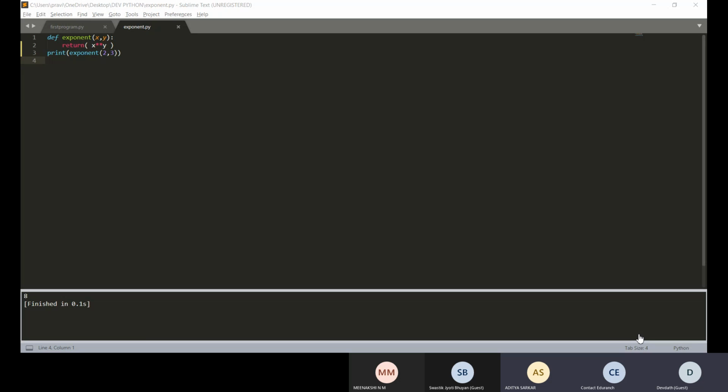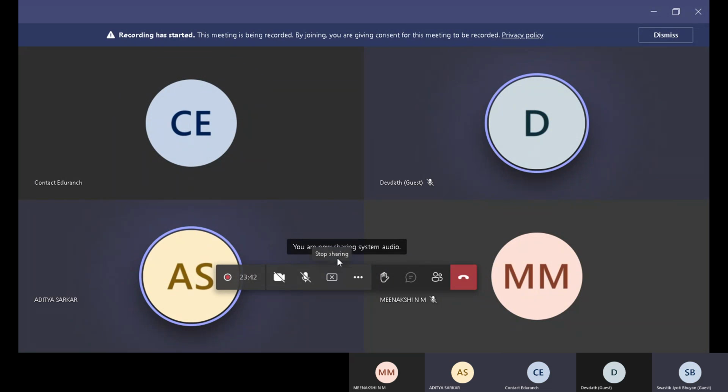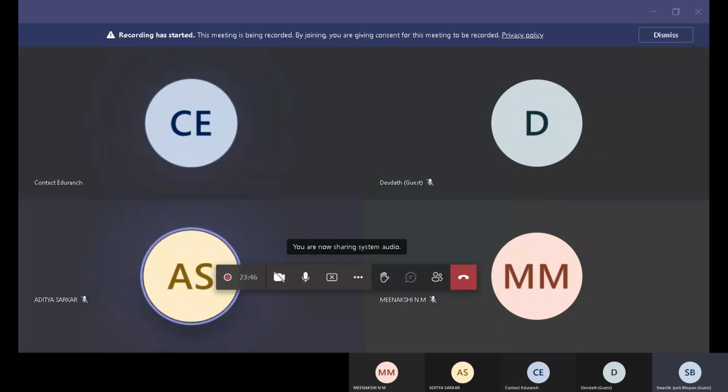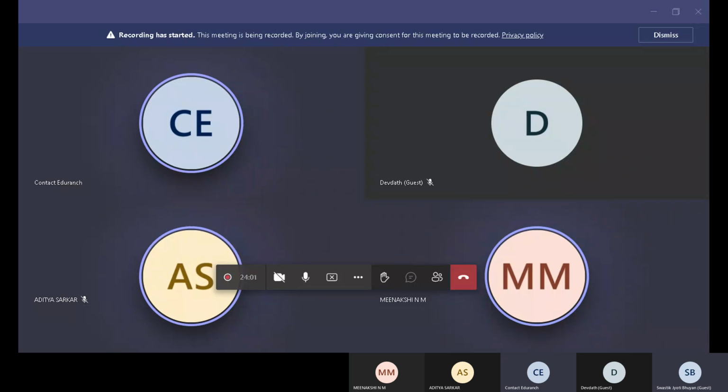Swastik, where are you? Thank you, sir. Swastik, you're there? So we just wrote 5 lines of code. Yes, sir. Yeah, show me your screen. So now, can you see? No, man. You have to share your screen. Sir, I can see this screen. Oh, okay. Then show me the program window. Sublime Text. So can you see now?